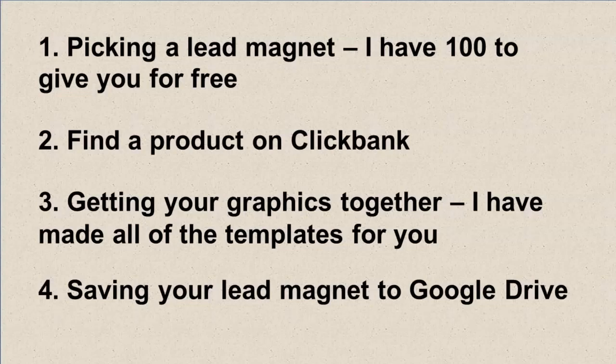Then we're going to get the graphics together. Don't be scared about this part. I've got all the templates, everything, all the Photoshop files. You won't need to do too much. Obviously, I'll do a tutorial in this tutorial and explain to you how to use it, but I've made it as simple as possible. And then lastly, you're going to be saving your lead magnet to the Google Drive. I'll get to that in a minute